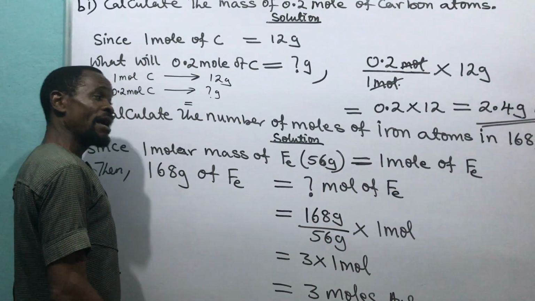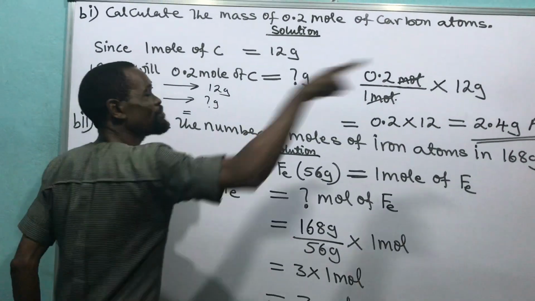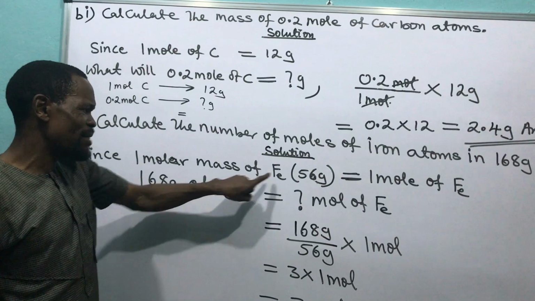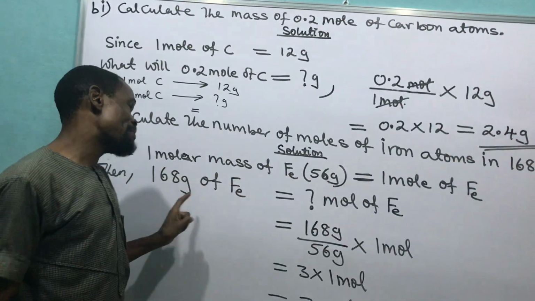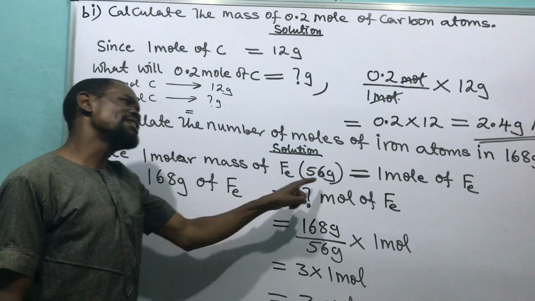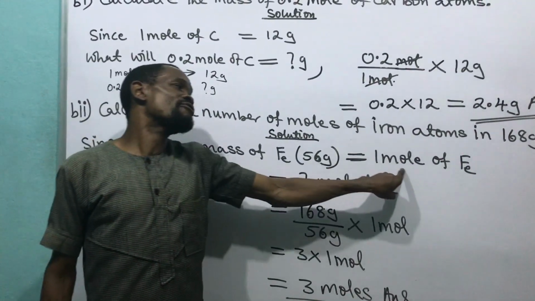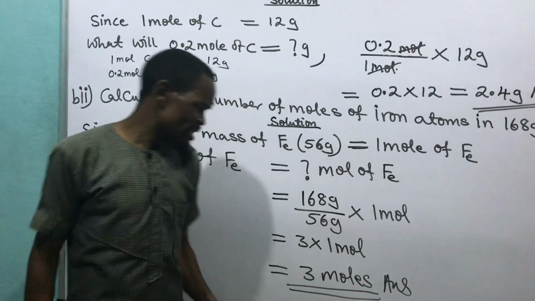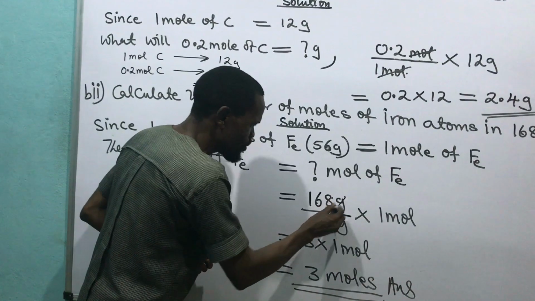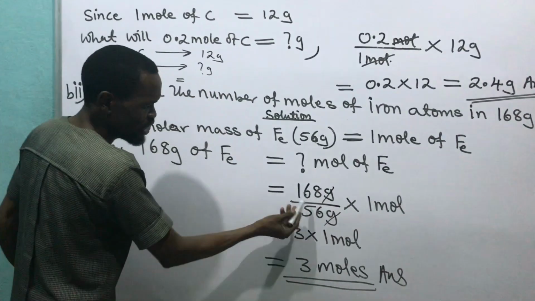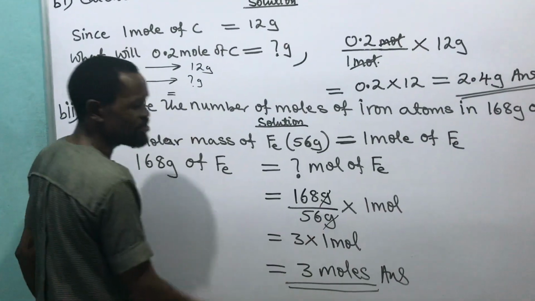Do you get what I'm saying now? My comparing value divided by my reference value, times my reference value. Look at my reference value, which is 56 grams. So gram will cancel gram, leaving me with mole. 168 divided by 56 gives me 3 times 1 mole, and that gives me 3